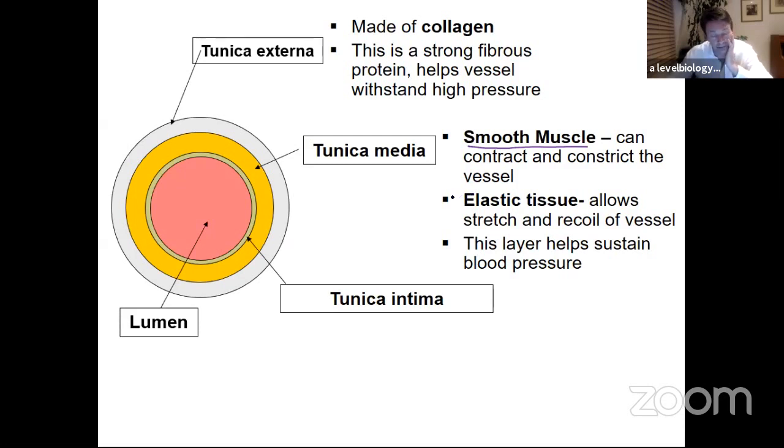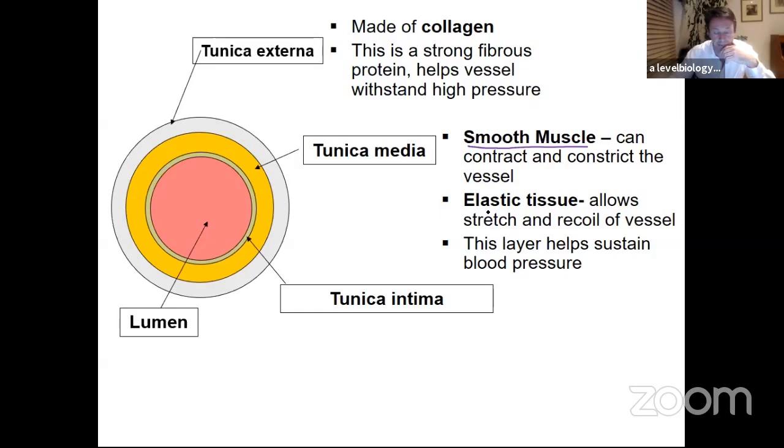The reason for the smooth muscle is that it can constrict and reduce the lumen. And when you can do that, you can then control where the blood is flowing to. So for instance, with vasoconstriction and vasodilation, which are responses by endotherms to changes in external temperature, if you're too hot, you can vasodilate the arterioles going to your skin, and therefore you lose more heat from your skin. And the reverse is true if you get too cold and you want to reduce the heat loss